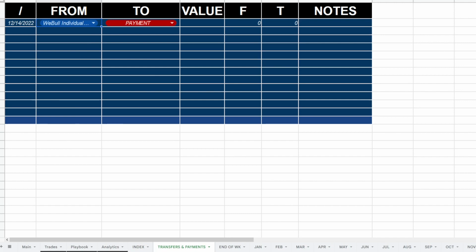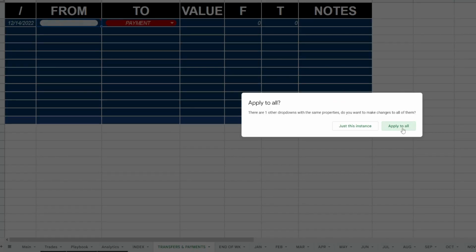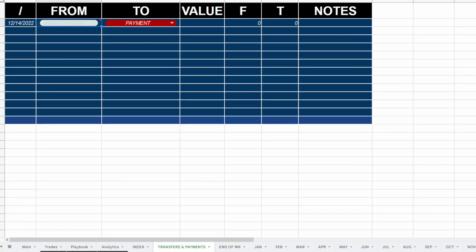And if you have a different account name, like for example the Webull Cash one, you can go ahead and do that. And then your savings account, you can go ahead and do that and name it like that. So that's how you can change the name. I'm not gonna go ahead and do that. Here you're just gonna want to include the date that you did it for,